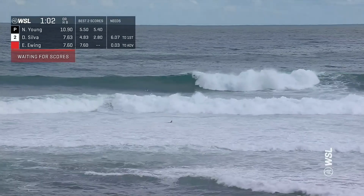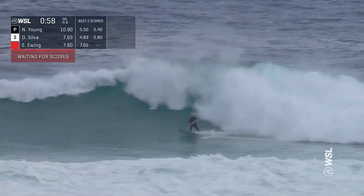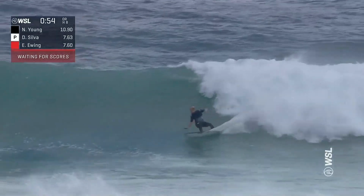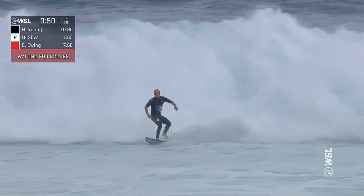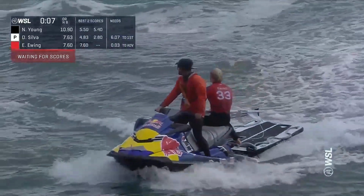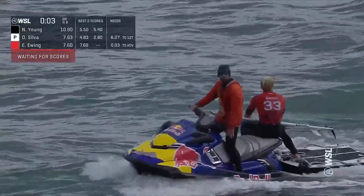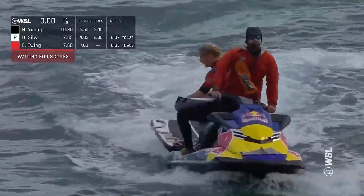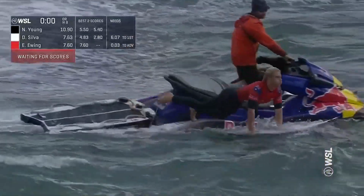And here's a late takeoff here for Nat Young. Whoa, did very well to hang on to that drop. The wave flattens out though, but Nat's been making good use of these inside sections. And he hammers that one. 45 seconds to go now. And this one's coming to a close as Ethan still waiting for the numbers to come through. But he is going to survive it, and you could see the relief there. Needed